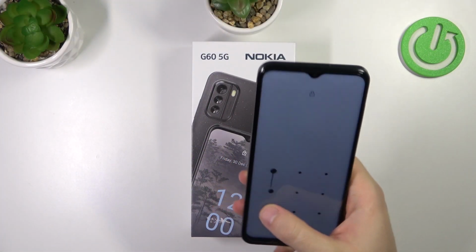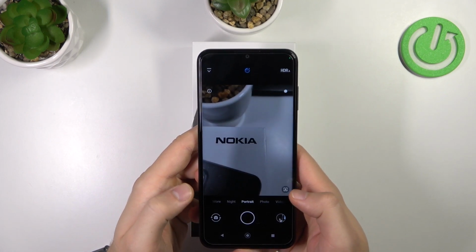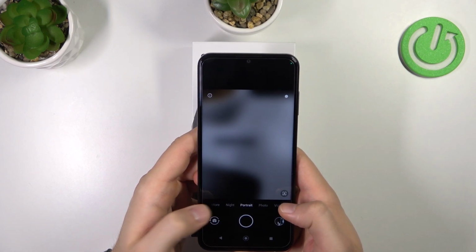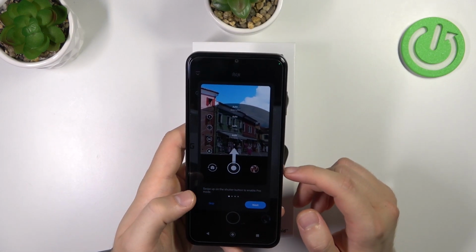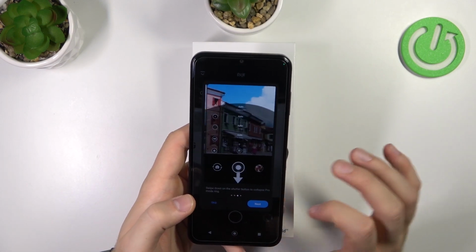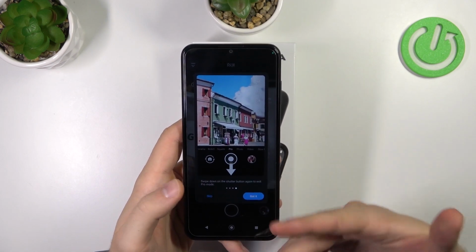So simply to open the camera pro mode you have to open the normal camera application and then move for the more modes that you can find next to the night mode. Click on the pro mode. You will get the quick guide about these parameters. You can also skip them or read if you don't know